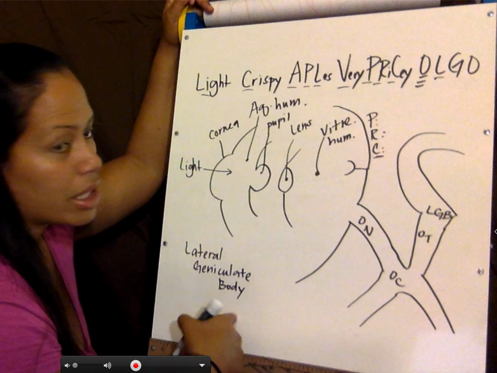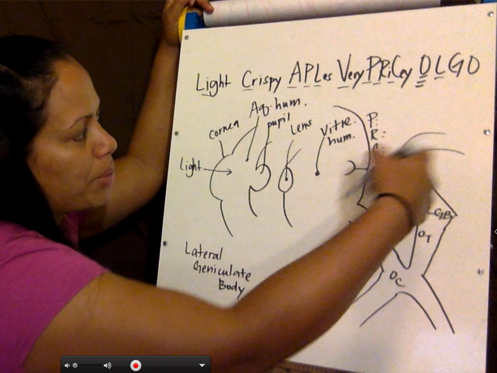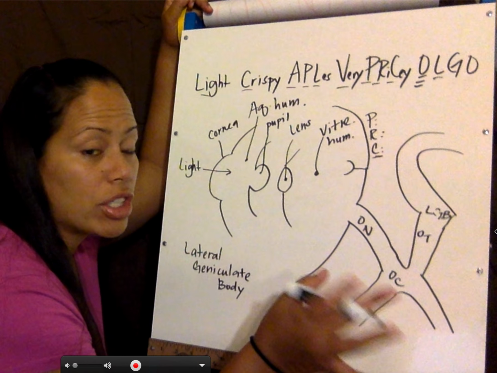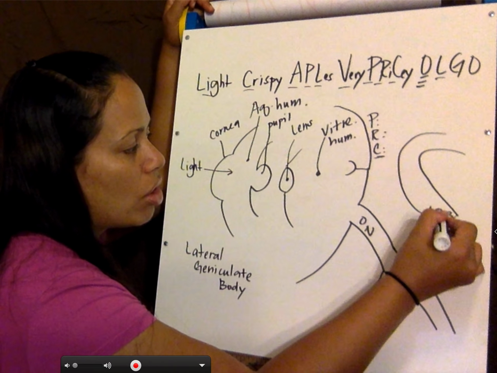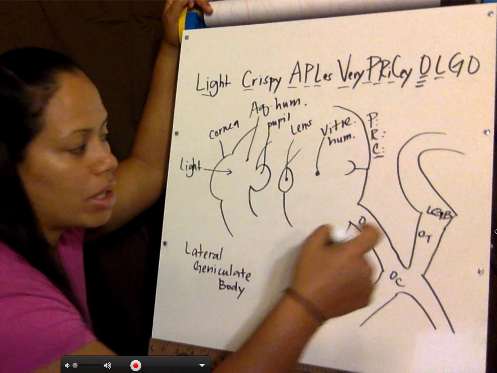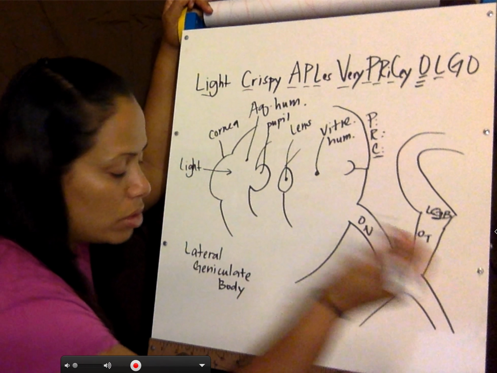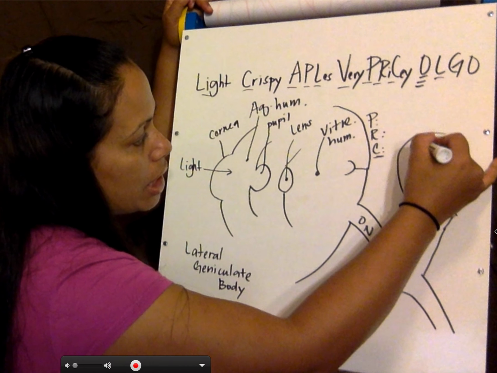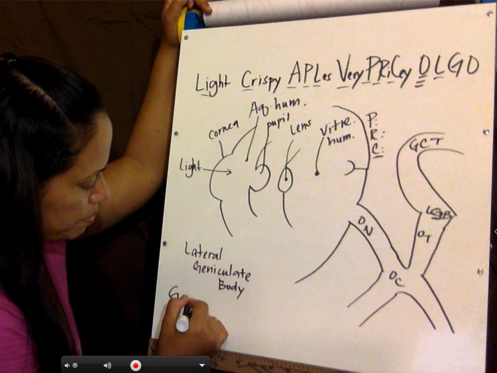And the lateral geniculate bodies, because there's one on each side, will then send information through this tract over here. You can either call it optic radiations, but I don't like that, so we're not going to use that in our mnemonic. It's actually called the geniculocalcarine tract. So what it means is from this bend, also known as genu, it's called geniculocalcarine tract. Geniculo